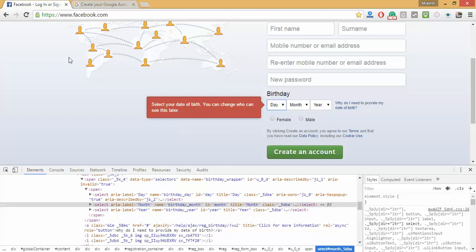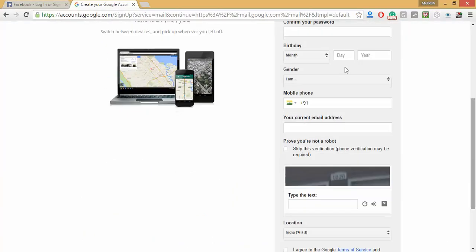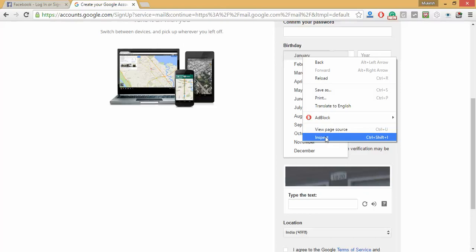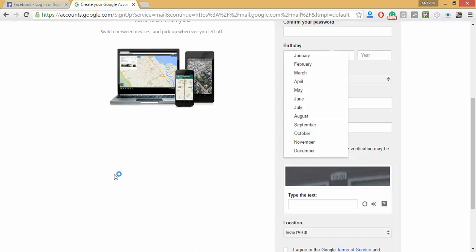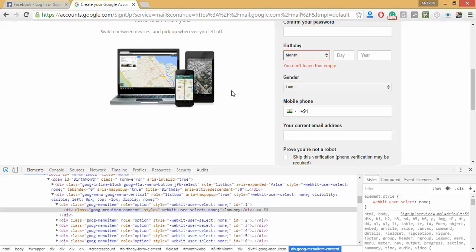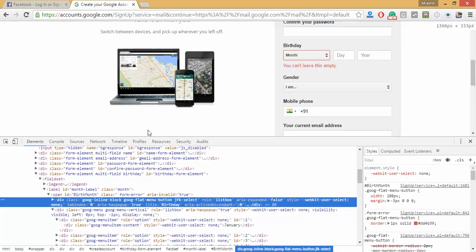But if you have this kind of drop down, if you take the example of Gmail, this is not a typical drop down. If you want to check what it is, simply right click on this and say inspect. Now if you put the mouse over it and select the inspect element, you will notice it is coming in the div tag. And if you expand this div tag, you will find,